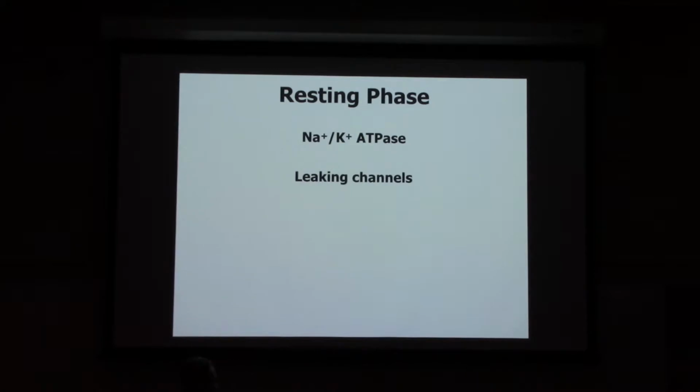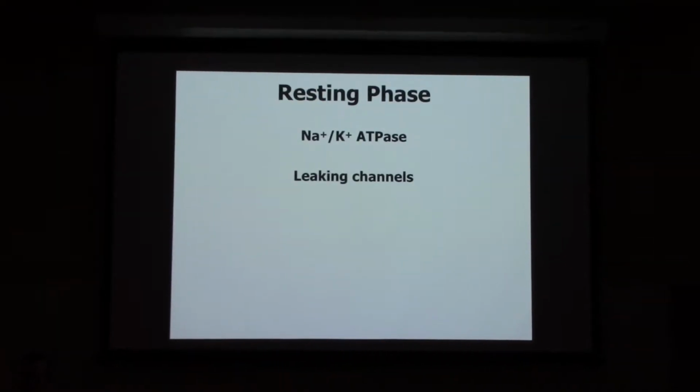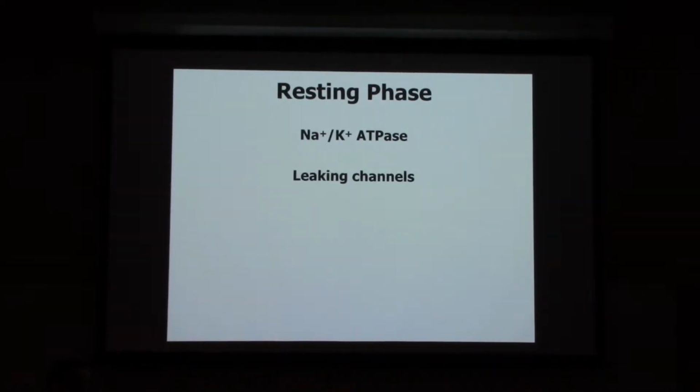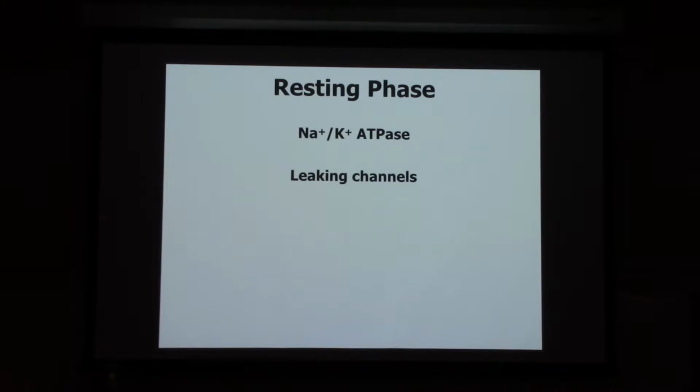The leaking channels are potassium channels. The membrane is a little bit leaky to potassium, but that's okay. It doesn't break this down, because remember that the pump makes a higher potassium concentration inside. So by concentration gradient, potassium would like to diffuse out of the cell. But also remember that the inside of the cell is negatively charged. So in terms of the electrical gradient, potassium would like to diffuse back in. So even though these potassium channels are open, potassium finds an equilibrium. And with this, you still have this negative membrane potential.